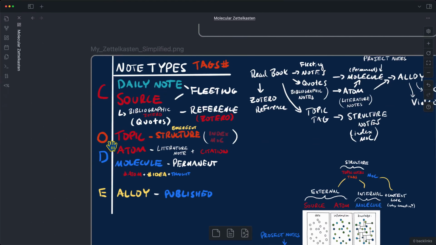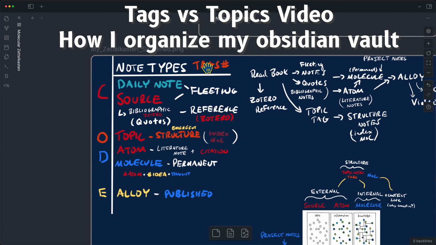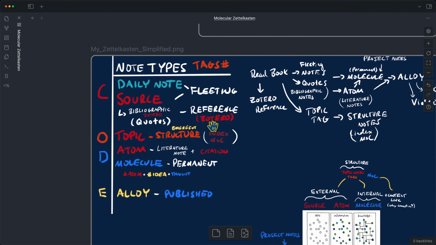Okay, so now if we take a look at my notes here, I've expanded on the CODE method, capture, organize, distill, and express, and I've included the different note types from the Zettelkasten system that I just explained, and I've mapped the Zettelkasten system to my own molecular note system. So you can see here that there's a few different note types. Each of these note types is indicated by a tag, a hashtag. I'll get more into tags when I get into the actual creation of templates as a part of this molecular system, but I do have a separate video that goes deep into the comparison of tags versus topic notes and how I use each of those. So if you're confused at all about topics or tags as we go through this, I recommend checking out that video.